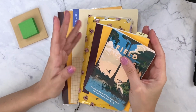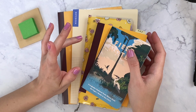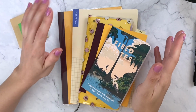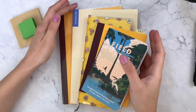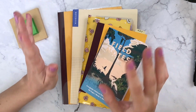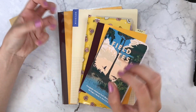So today I decided to do a quick update on my notebooks. I also want to discuss last week's subject, which was the perfect system for my to-do lists. And I think I'm very close to the perfect system, so I really wanted to talk about that as well. And also I want to discuss my system for next year, which is really exciting because this whole experiment and